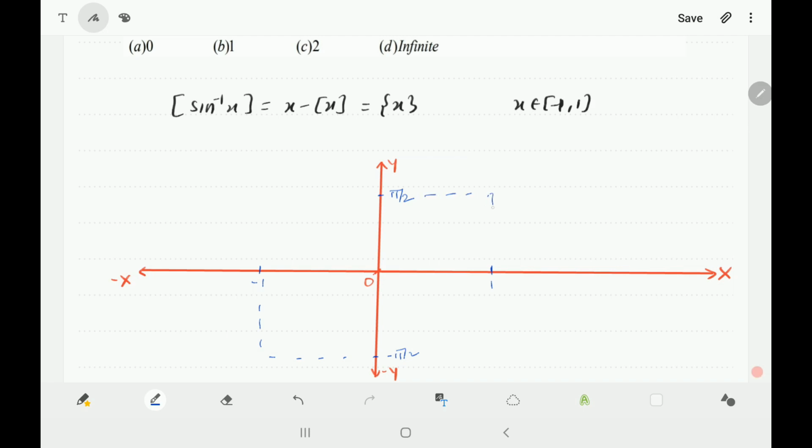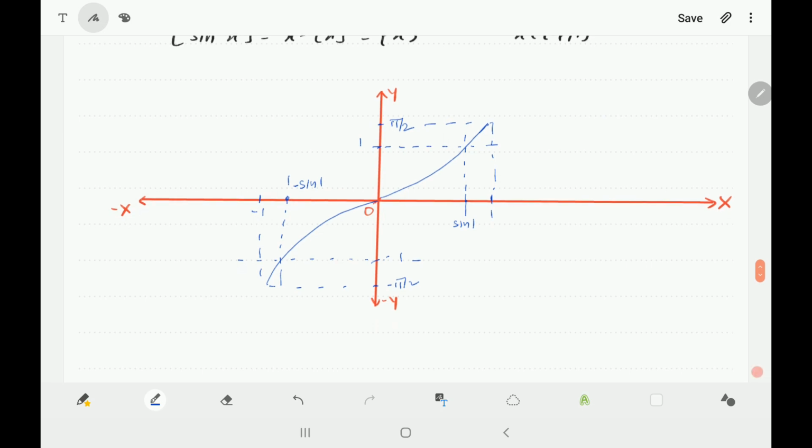We have an increasing graph of sin inverse x. So it will be going like this. Now we have to take the greatest integer. For greatest integer transformation, you draw horizontal lines at integer points. Then at the point of intersection, we'll be drawing a vertical line. This point will be sin 1. Similarly, here we will draw a horizontal line at integer point, let's say at minus 1, and then a vertical line here. This will be minus sin 1.